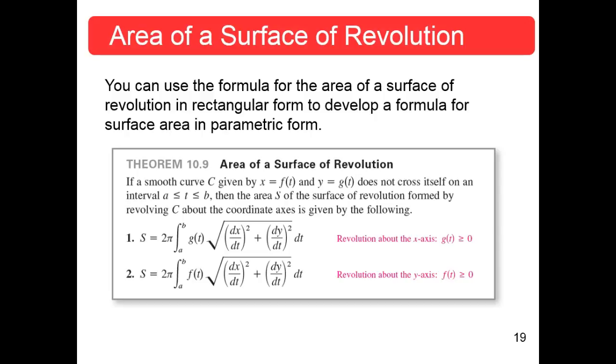If a smooth curve C, and I did point out to you before that smooth is the key here, given by x equals f of t, y equals g of t, does not cross itself, just like before, on an interval a to b, then the surface area of revolution, S (the little s was the arc length, capital S is the surface of revolution area), formed by revolving C about the coordinate axes is given by the following. Okay? 2 pi times the integral